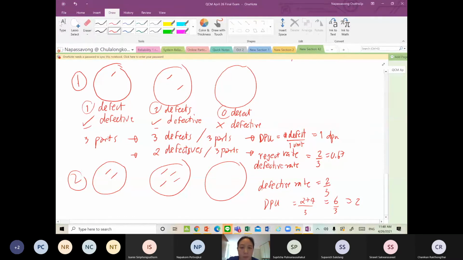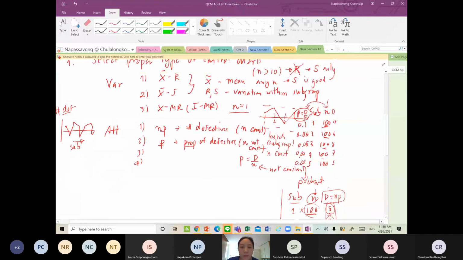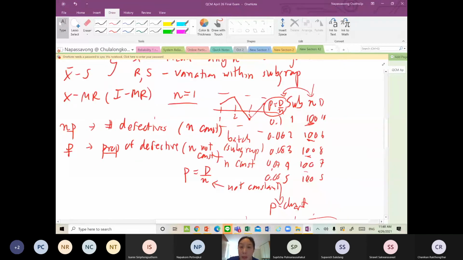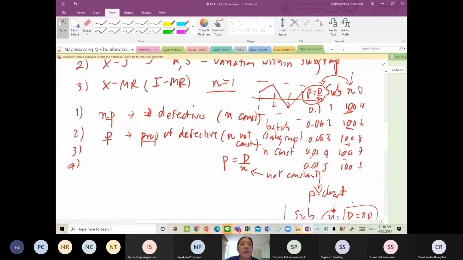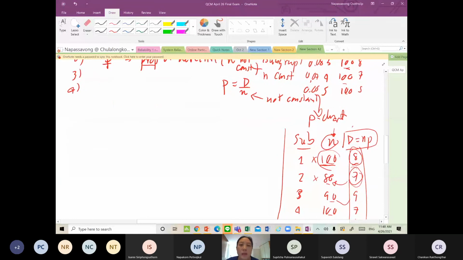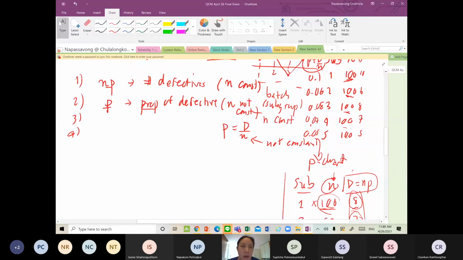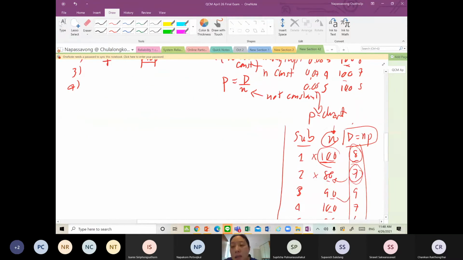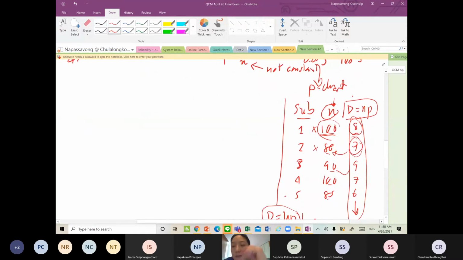So come back to this point. So for P charts and NP charts, we consider the number of defective. We do not consider how many defects happen within each part. We do not care. We just care for the number of parts that are defective. So if we have non-constant n, like in this case, what we have to do is to convert